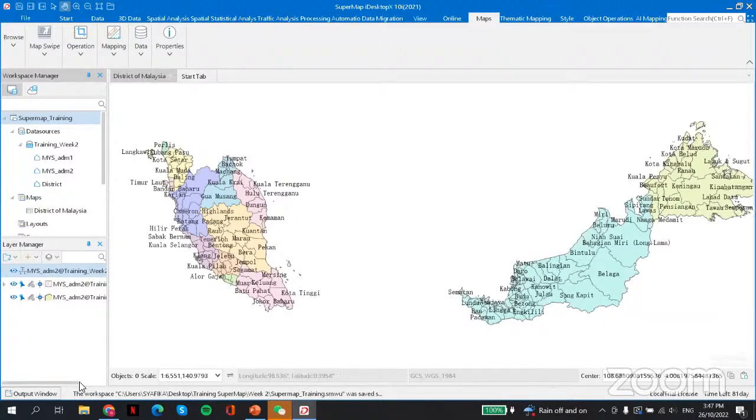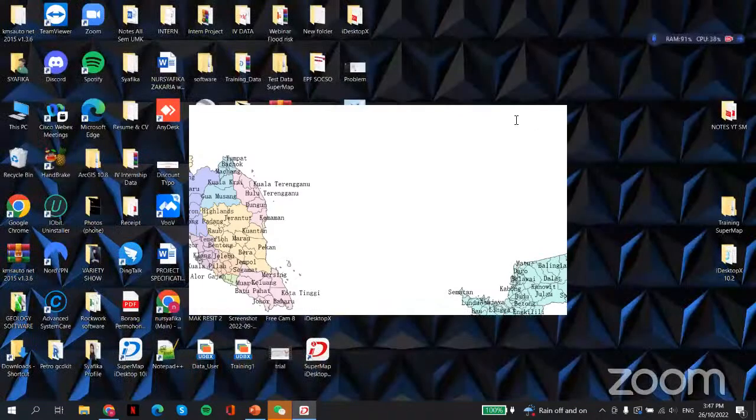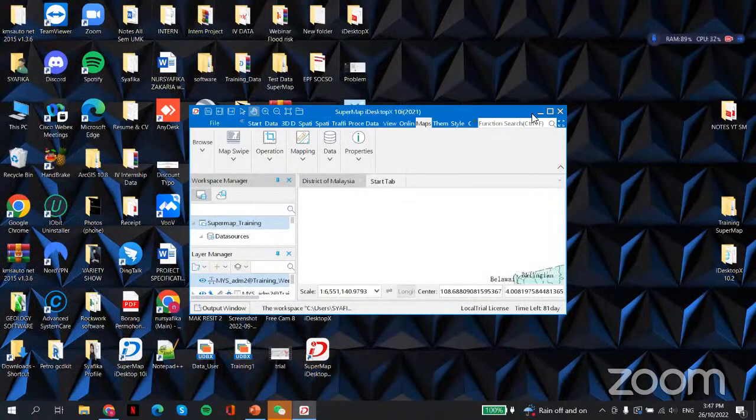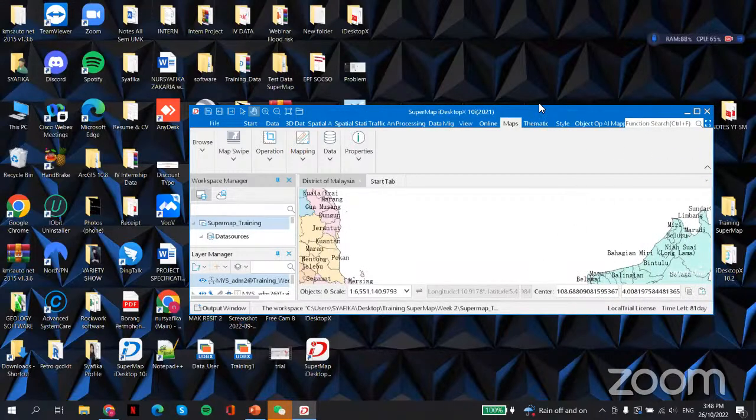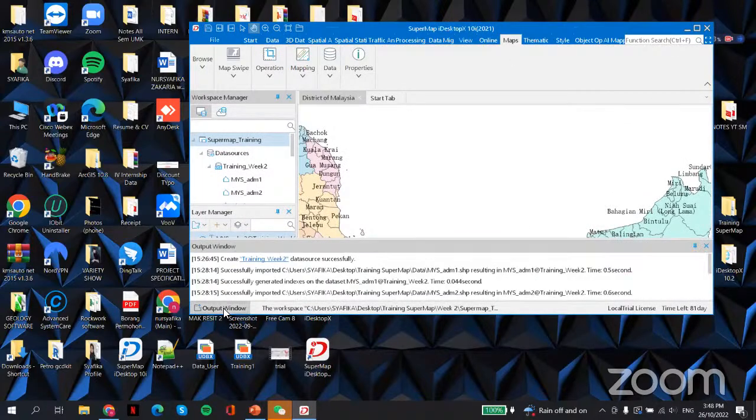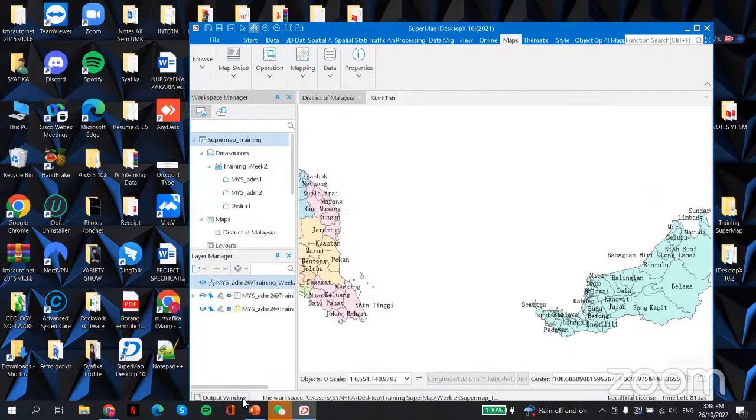And you can see there's an output window here, where if you want to add the data source,